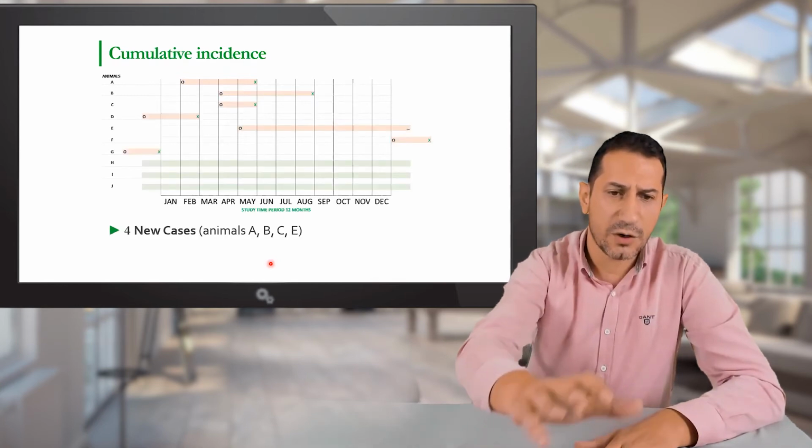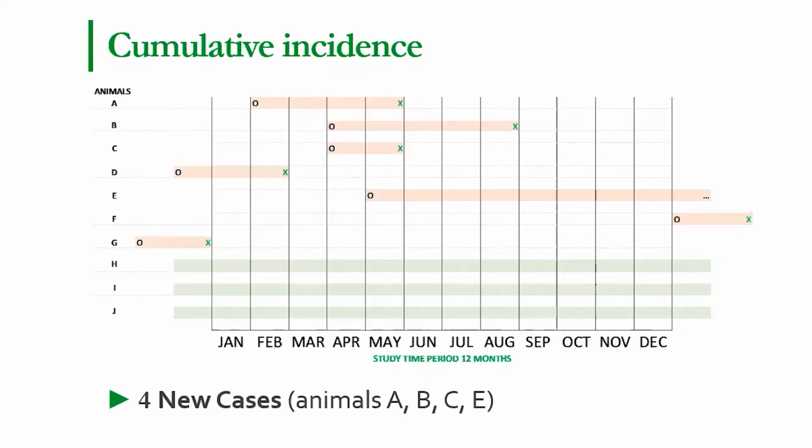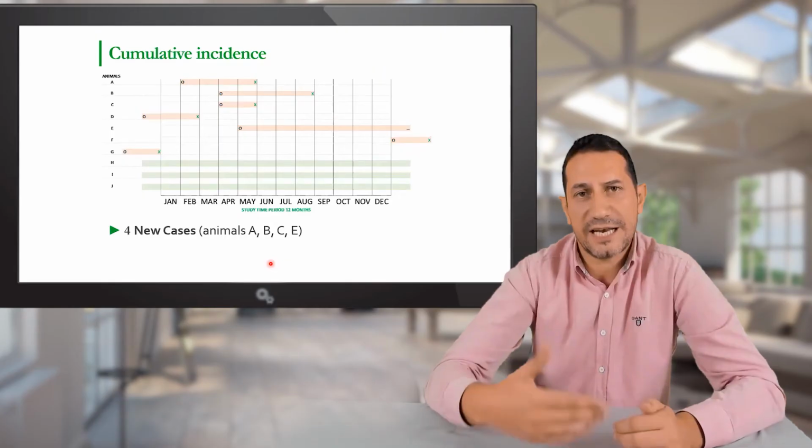And we see here all the other animals, so A, B, C, D, and so on. So in the whole study period, to define the cumulative incidence, we have to count only the new cases, because the incidence deals with the new cases only. And if we see a bit the seasonality of the disease, it's mainly occurring in the springtime, in the early part of the year, which is also the part where the climate is not very good, and it's also the lactating period.